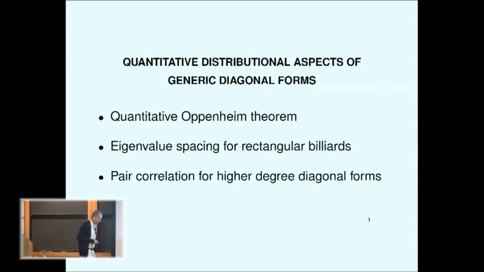So what I want to discuss are some results and also problems that have to do with the values and the spacings of the values of diagonal forms, with special emphasis on quantitative aspects. Definitely there have been a number of very spectacular results about the distribution